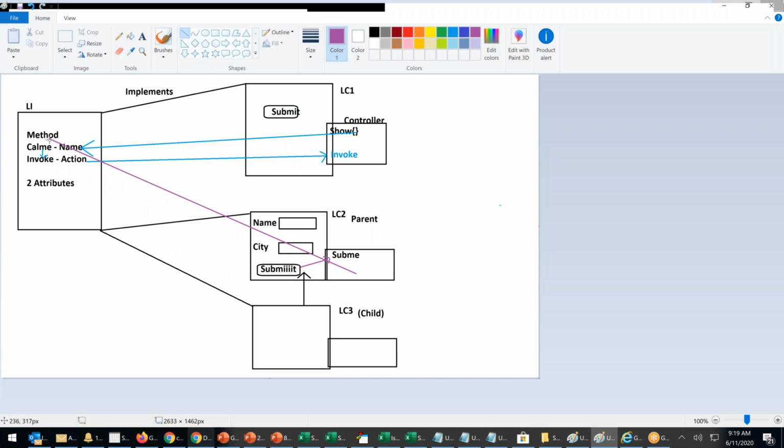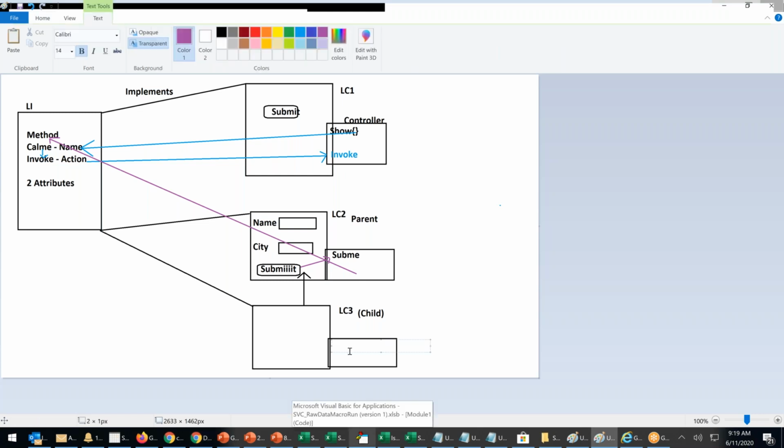I'm just drawing the arrows. I will call the method, and along with the method, I will pass the attributes. But action, invoke, I will write here.